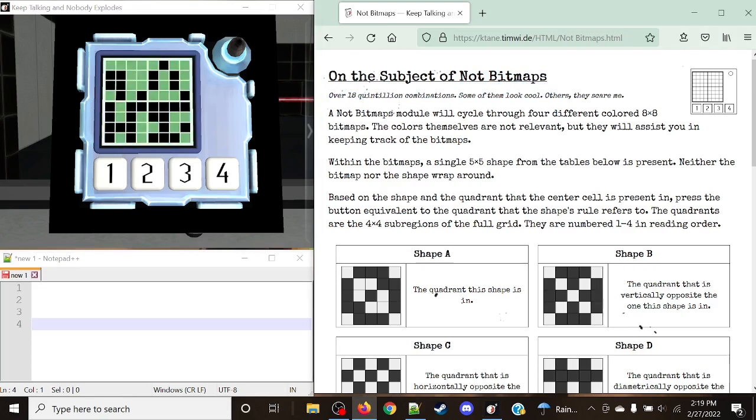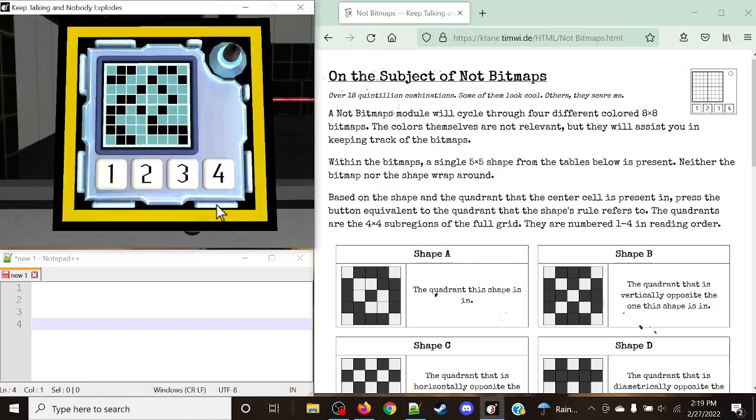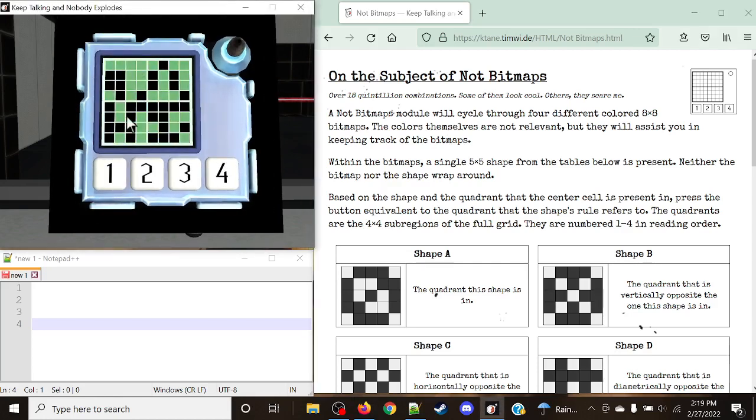Essentially, the big difference between Bitmaps and Not Bitmaps is not actually the numbers at the bottom, but rather that the screen is going to be cycling through a series of 4 different screens. They're each going to be colored a different color. Normally it's cyan, green, yellow, red, magenta. There's a bunch of different colors that can eventually pop up. But essentially we're going to be trying to find a series of different patterns which can be occurring in